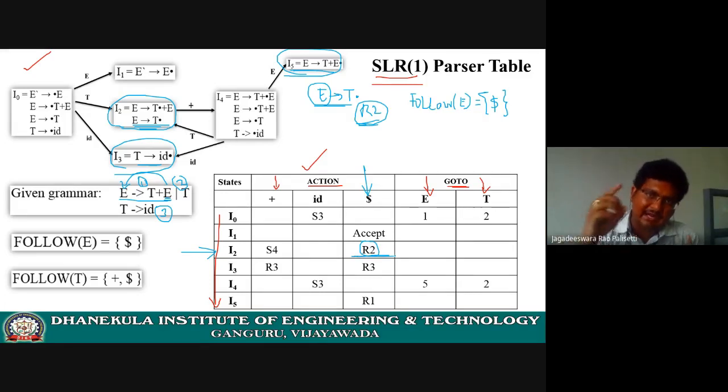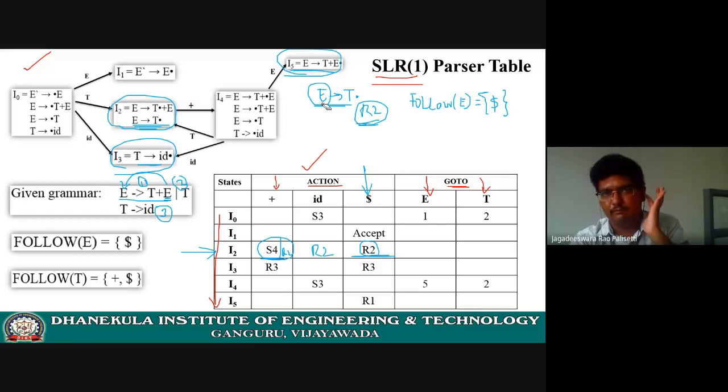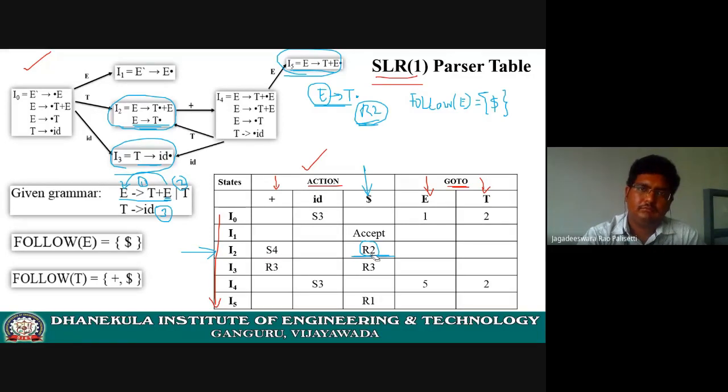If you do the same thing in LR(0), then here also you need to write R2, and here also you need to write R2. That's why the shift-reduce conflict is getting here. Am I clear? In order to avoid that, what we depend on is simply constructing the follow of the non-terminal at the LHS of the production rule, of the production which acts as a reducer, not all production rules. Am I clear? So that's why this particular R2 needs to be written only here. Am I clear now?